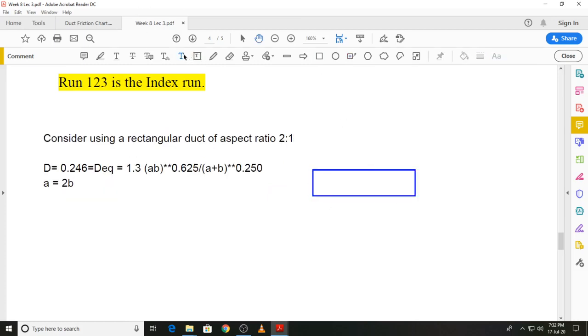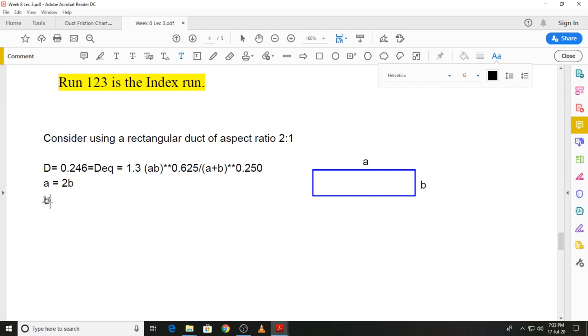We have A over here, and this is B. Now what we will do in this equation, where we have A, you will substitute 2B, so it will become 1.3 times 2B square raised to the power 0.625. Then it will become 3B raised to the power 0.25, and then there is just one unknown, that is B,